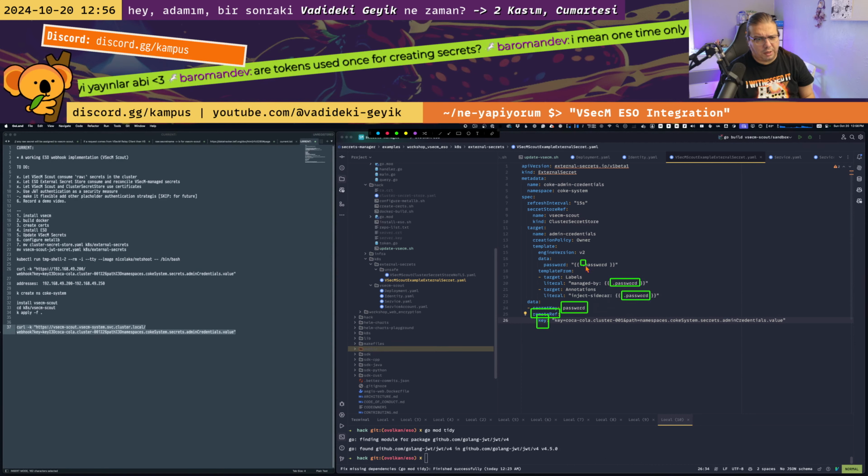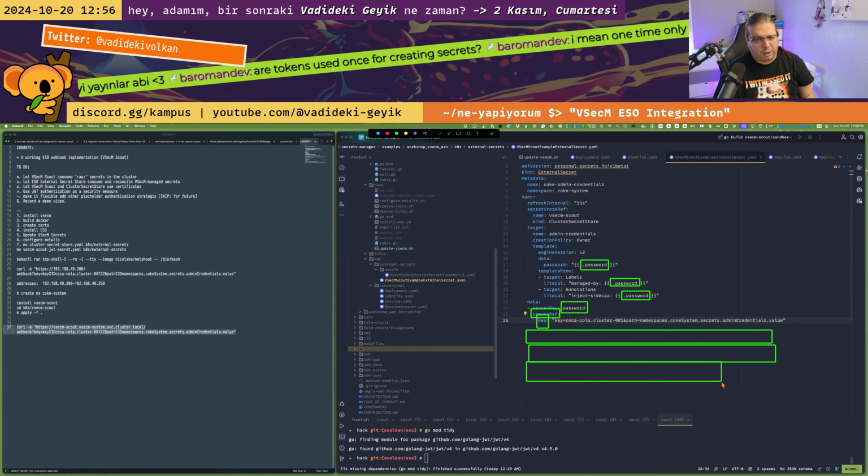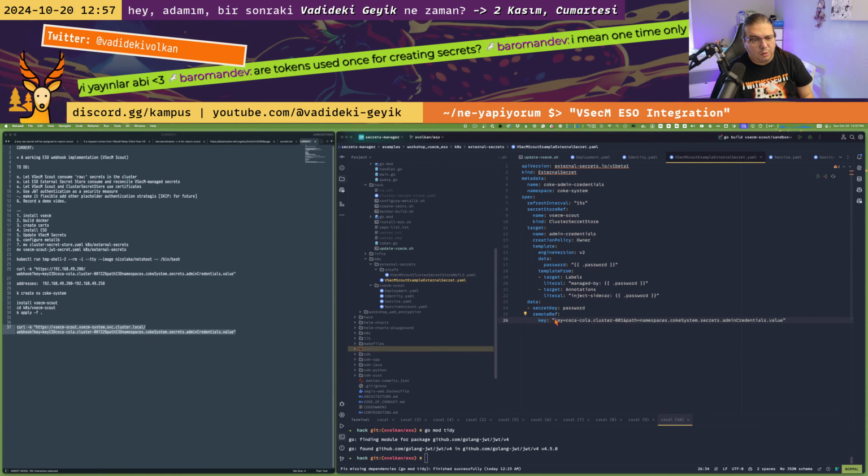You see, just for the sake of demo, there might be more key value pairs here as well. I just wanted to keep it simple, so I'm just passing the same password everywhere, which doesn't make practical sense, because for a label you would prefer maybe managed by VMware Secrets Manager, or for annotation this should be like inject sidecar true false or something like that. But for the sake of simplicity, we are passing the password, and we use the same